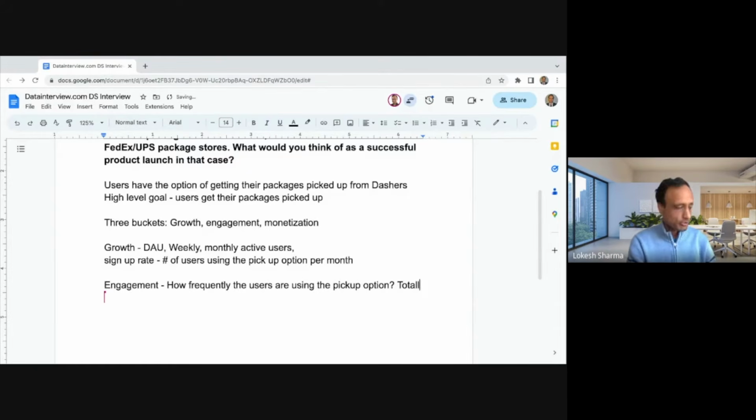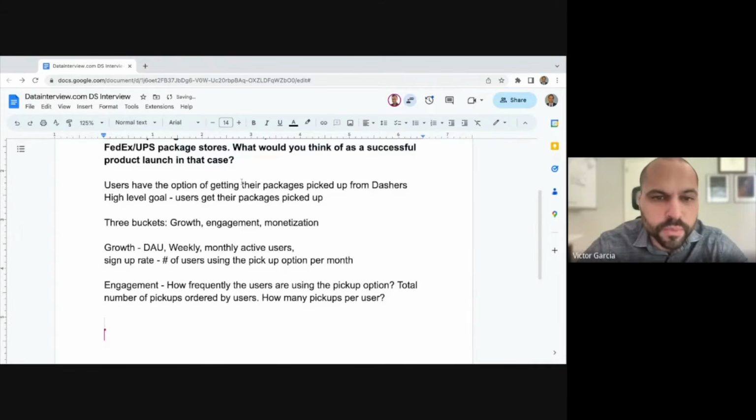And then I can also look at the frequency, which is maybe on an average, how many pickups are ordered per month by a user. And then we already talked about the total number of pickups as well. So that's in terms of usage metrics by the engagement for the user.